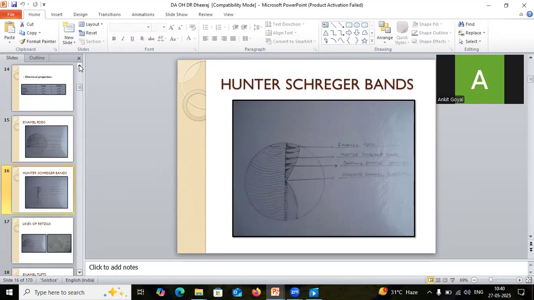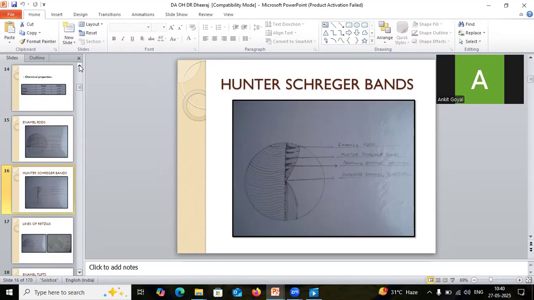Now, second are the Hunter-Schreiber bands. These bands are the alternate light and dark bands extending from the dentinoenamel junction towards the enamel surface. These lines are curved with the convexities facing the cervical region. Hunter-Schreiber bands are considered as optical phenomenon and are observed when a longitudinal section of the enamel is examined under the